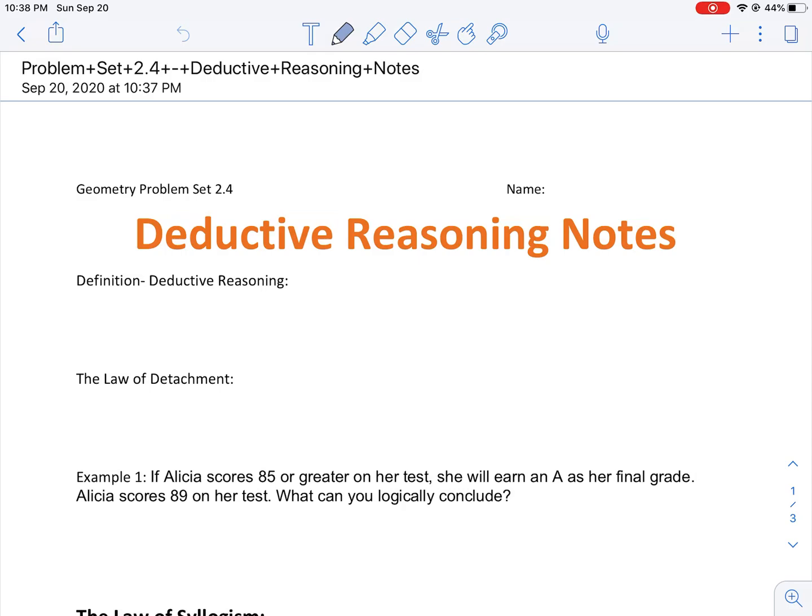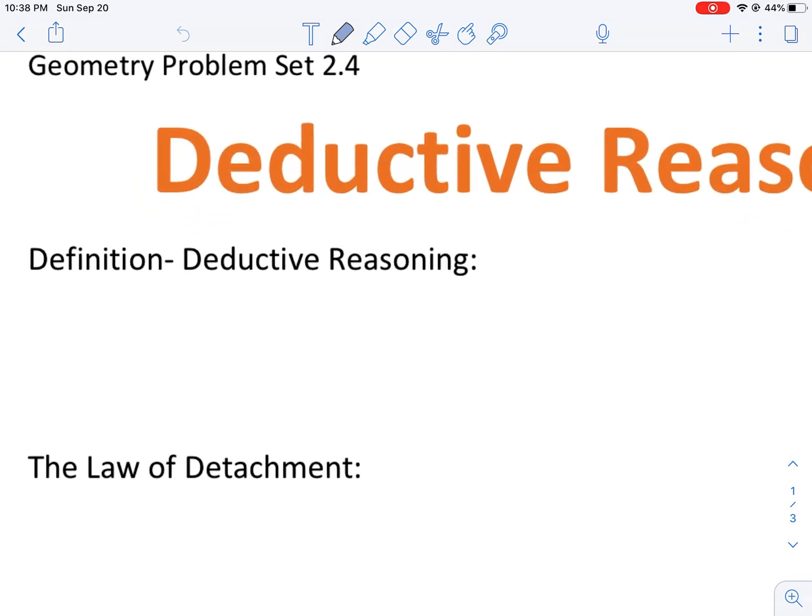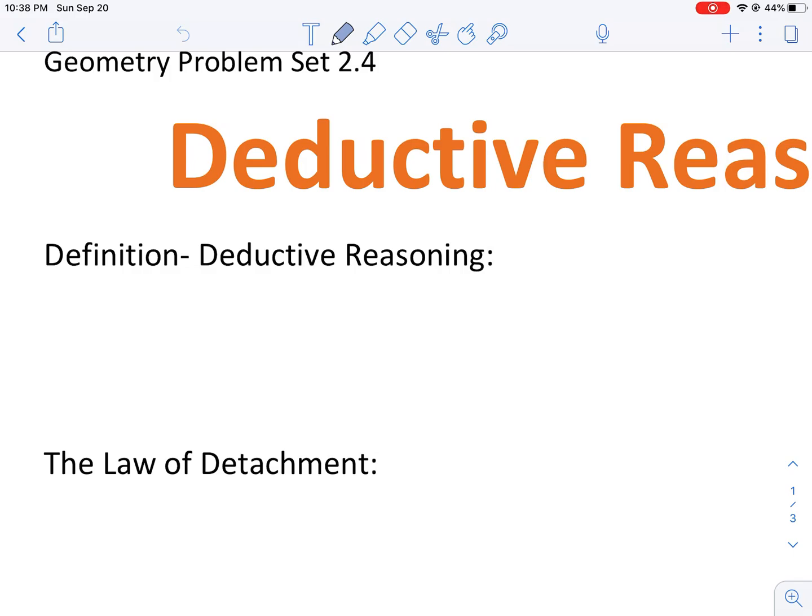Today we are talking about deductive reasoning. When did we talk about this? Thursday? Thursday we talked about inductive reasoning, and today we're talking about deductive reasoning. So inductive reasoning was about looking for patterns through observation, but deductive reasoning is using known facts